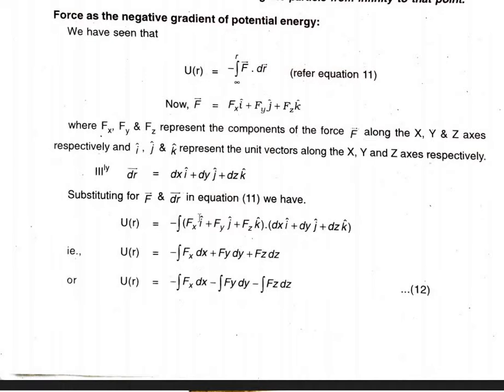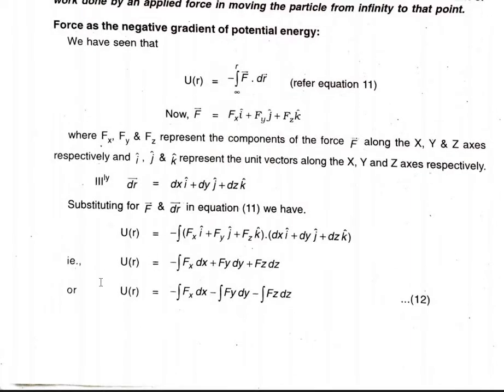Only i dot i, j dot j, k dot k exist in the answer. So U(r) equals minus the integral of Fx dx plus Fy dy plus Fz dz. So when we differentiate this equation, we will get